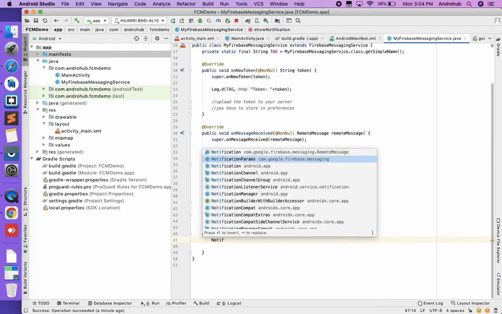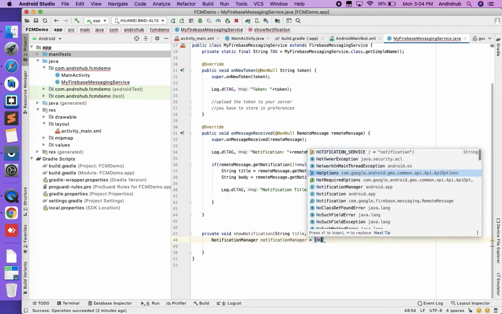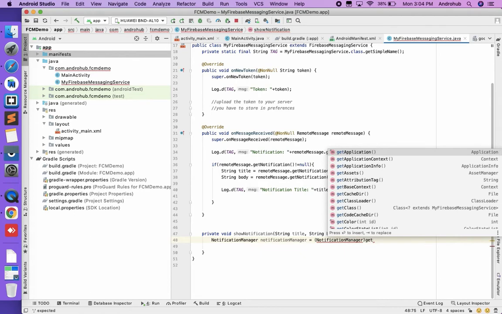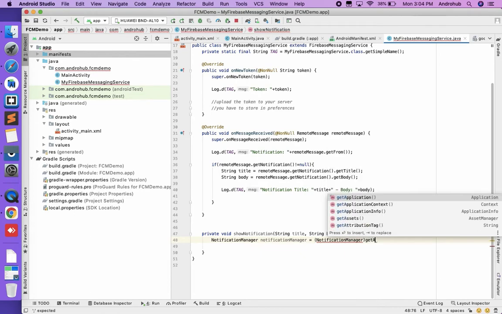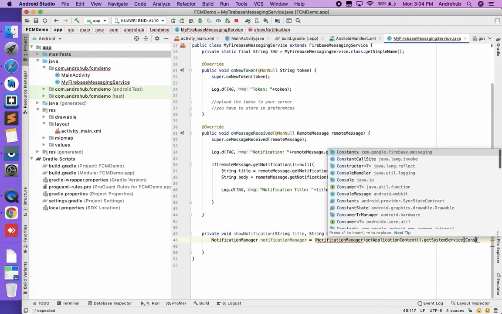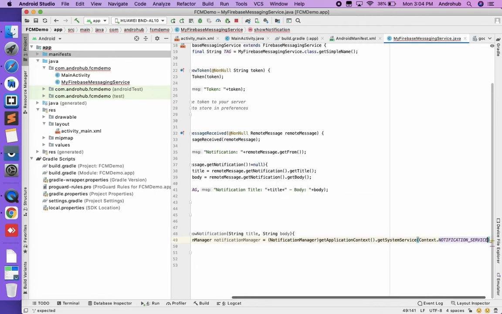Okay, here we will be needing the notification manager, getApplicationContext().getSystemService(Context.NOTIFICATION_SERVICE).